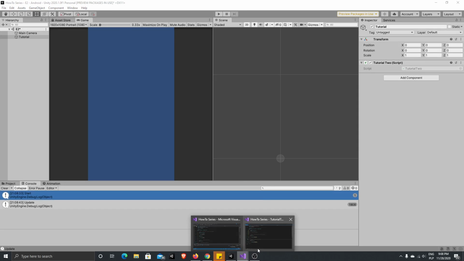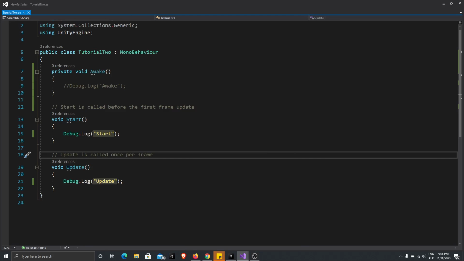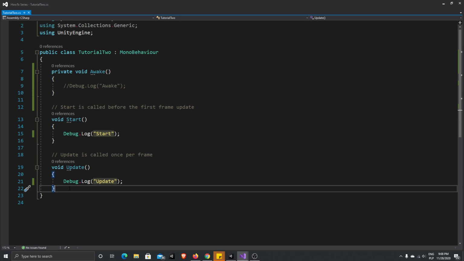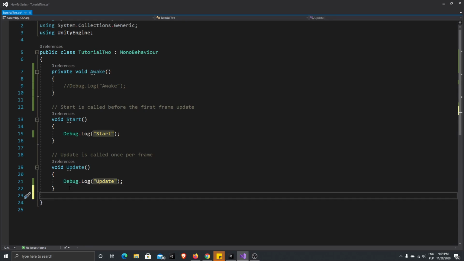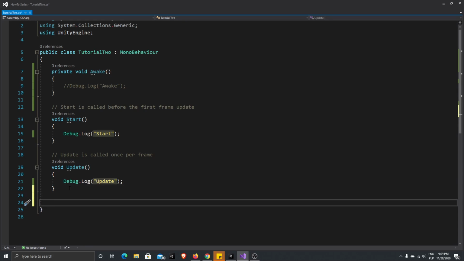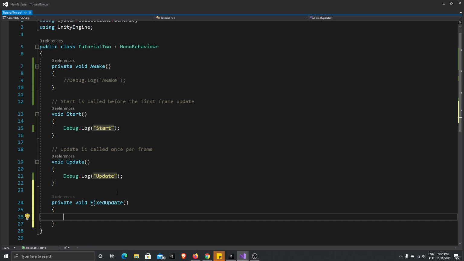Okay, and I said to you that update is called once per frame, but how often it is called depends on the speed of your computer, or how fast your computer is rendering the frames. If you would like to have constant frame updates, you would have to use a function called fixed update. So